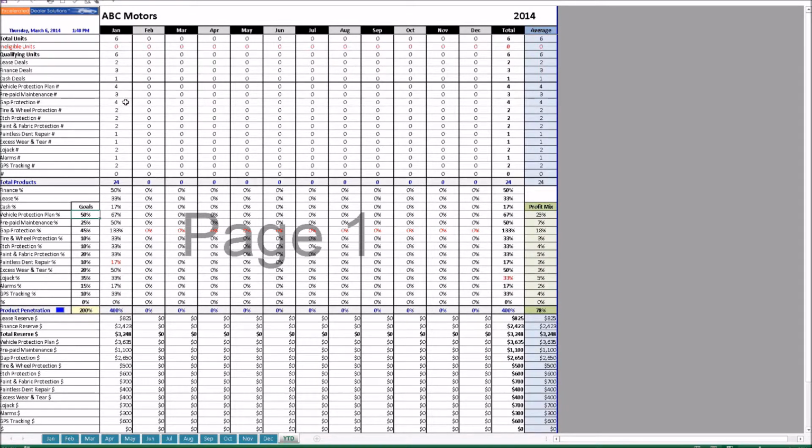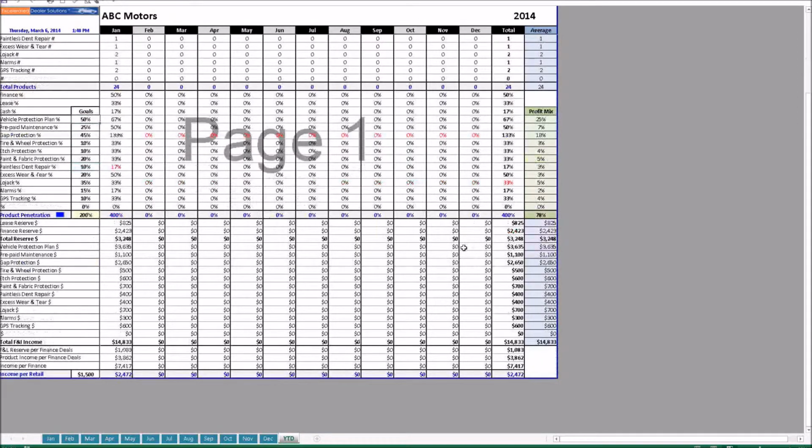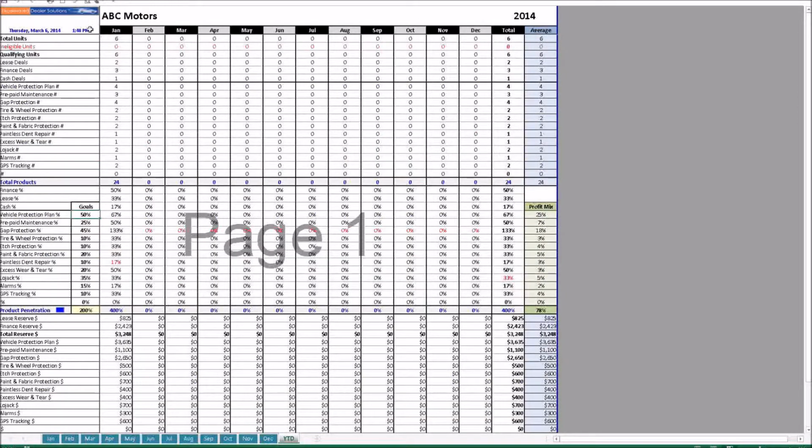And again, 1 month of numbers doesn't give a clear representation of how this works. This is a real important area here, your profit mix. So what it's showing you is how much of all your profit, how much is coming from reserve income, and how much is coming from product income. So just a nice tool. Let's go back